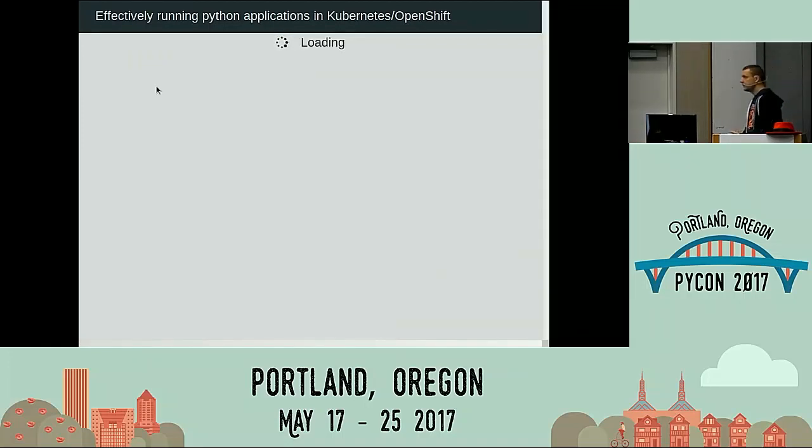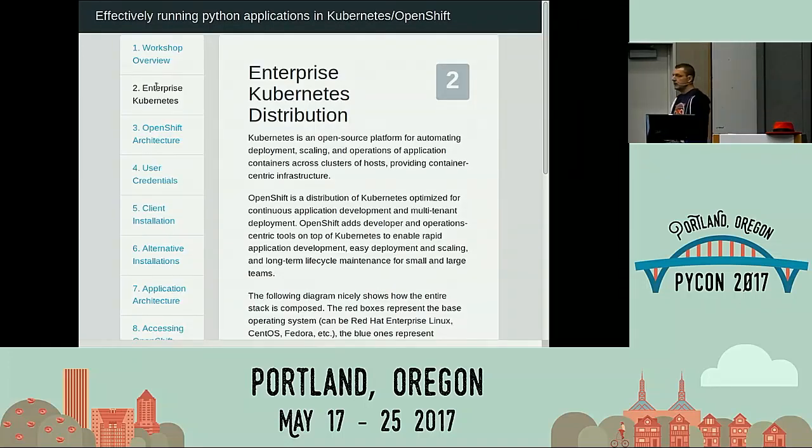For those of you that know what Kubernetes is, okay. Thanks. So Kubernetes is basically an open